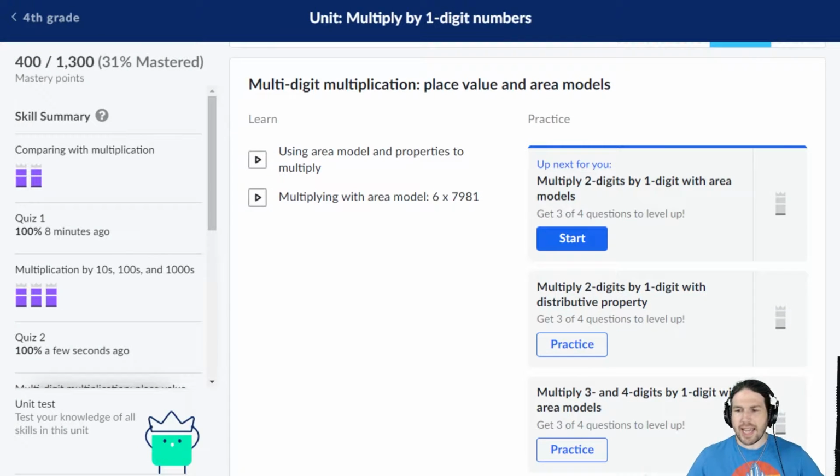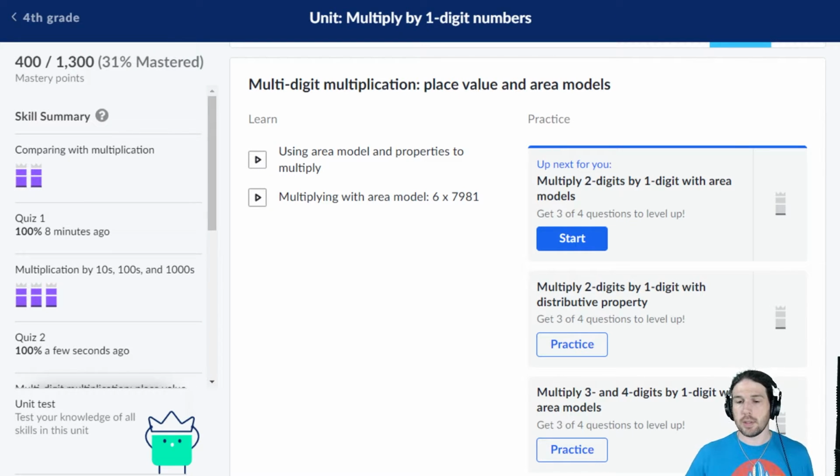Up next, we're talking area models. This is one of my favorite visualizations for multiplication of both multi-digit numbers and later on in algebra of binomials. So this is something that is well worth paying attention to, and it is going to be very different from anything that anyone my age or older learned when we were in school. But it is absolutely worth getting to know and understand these area models because they will make more complicated ideas later much easier